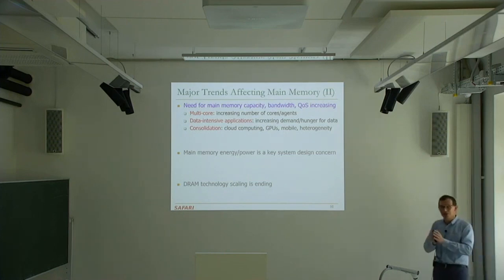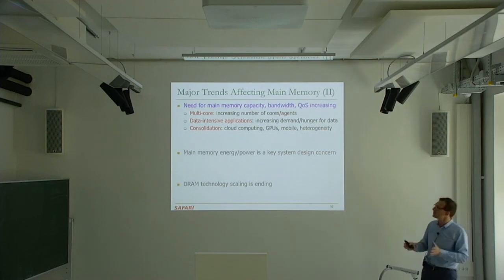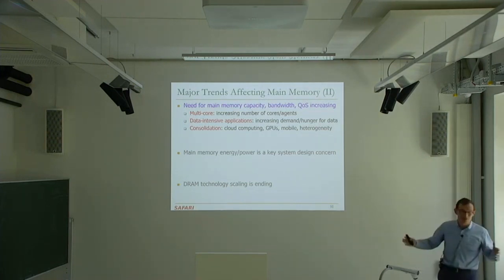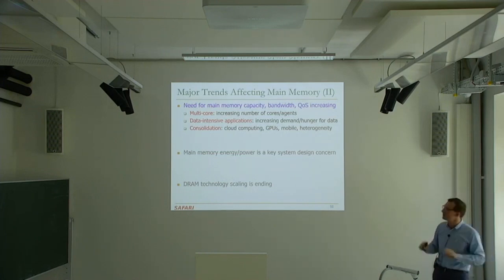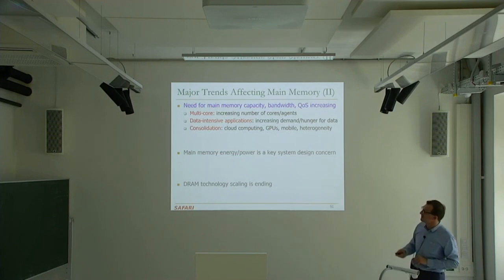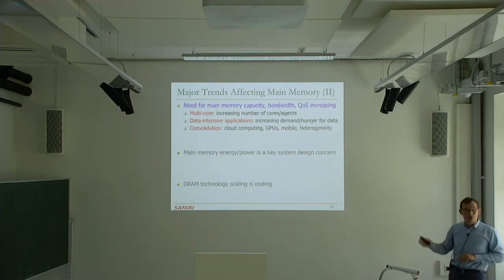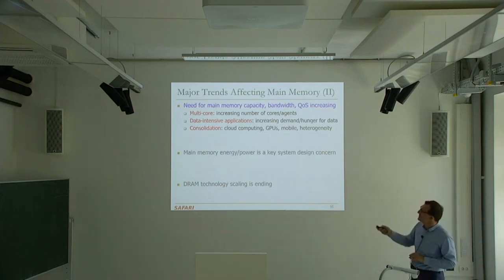We're able to put many, many computation units on a chip, whether these computation units are general purpose cores or GPUs or whatever you can imagine, we can put them. And we can clock them higher. So this is a more or less solved problem today, actually. There's a lot of research that has enabled this clearly. And we know how to make them very, very efficient also. We have a lot of techniques to make them very efficient.